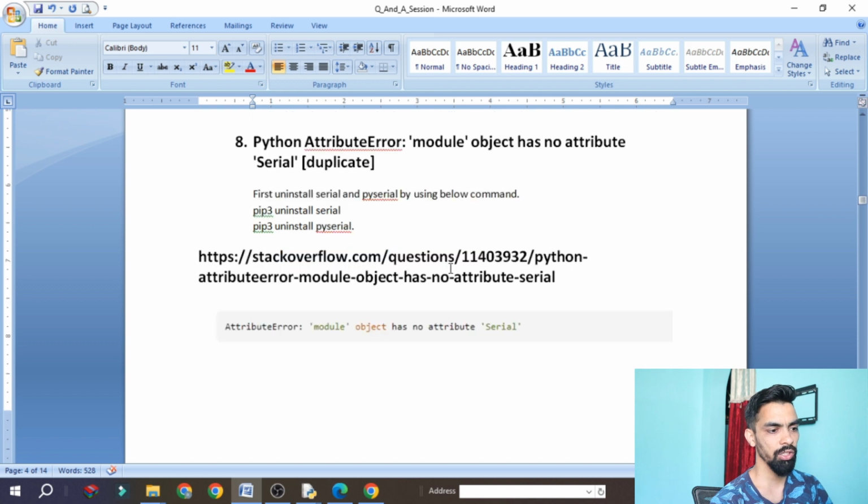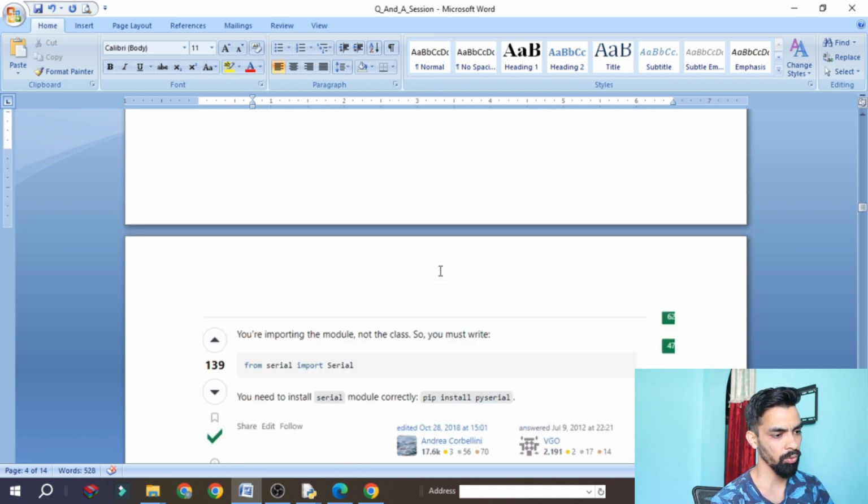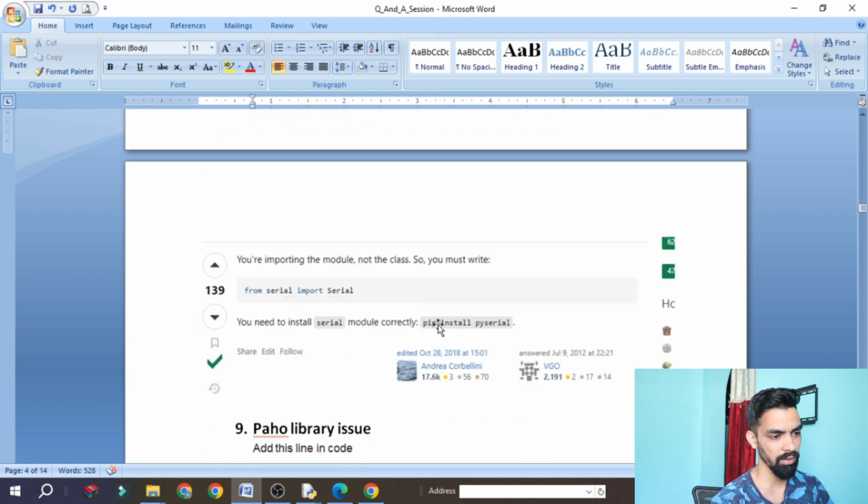Then after that you should install it again. How to install pyserial again? pip3 install pyserial or pip install pyserial. These are the two commands. Then in the code you should add from serial import Serial at the start. Replace import serial with that line, from serial import Serial, and your error will be solved.